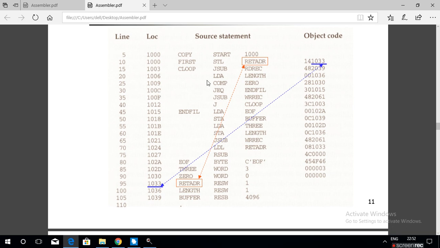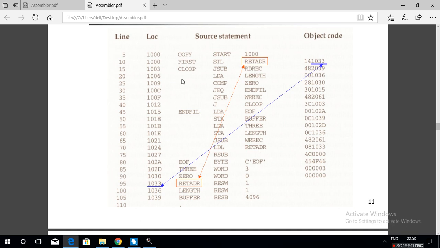The first field is called the label field. So we can classify the assembly language program into three fields.